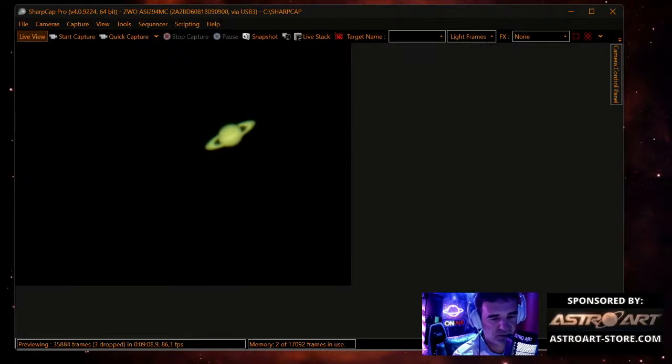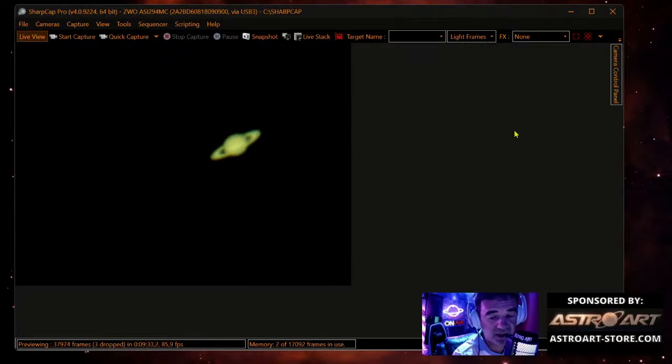This one works very well. And the 224, yes, it's faster, but it's more noisy. I compare both, and I have more comfort catching the planets with the 294.